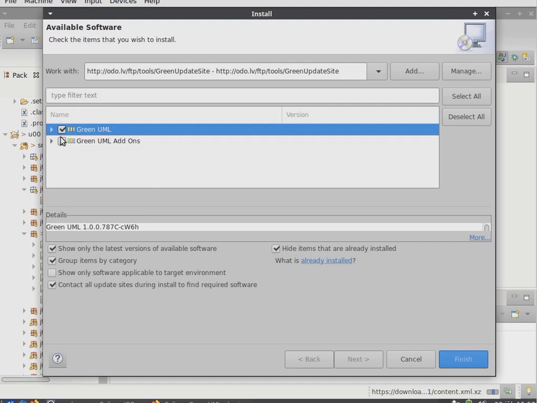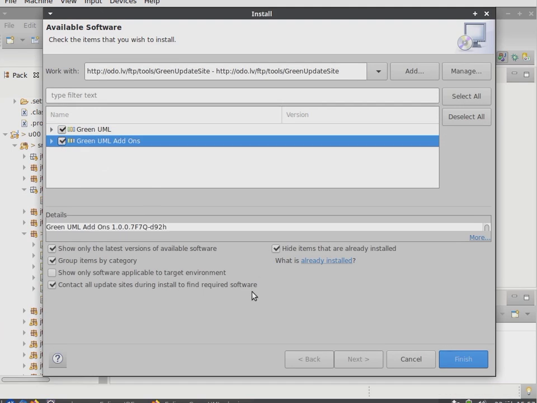And then, I don't remember, I think we may be optimists and try to install everything. So, while it is thinking here,